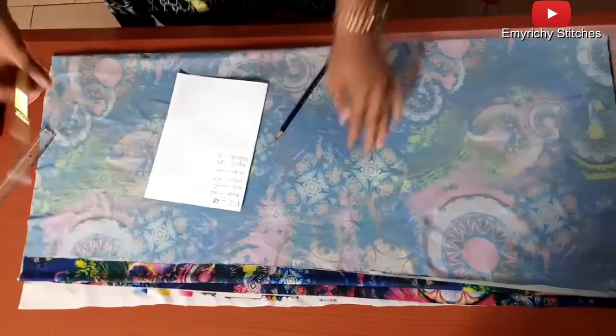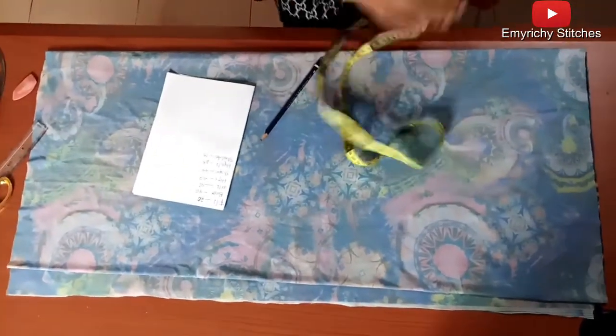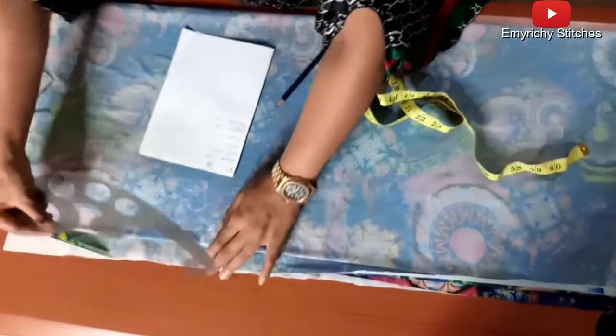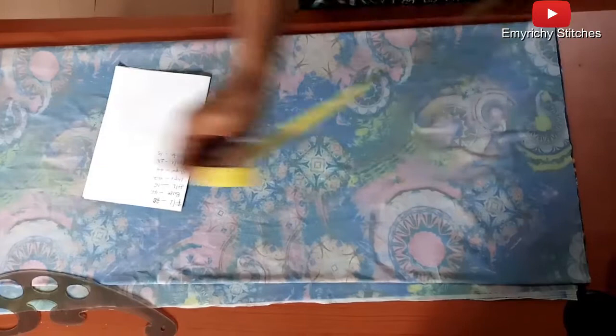Okay, I'll rather take my upper body, then my down part already. I'm going to start measurement. Now, after taking your